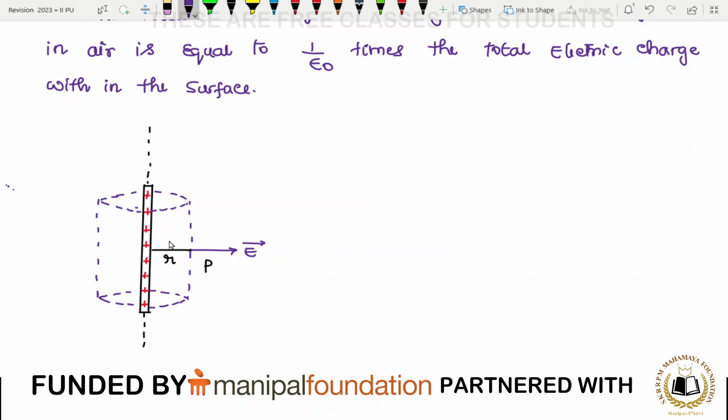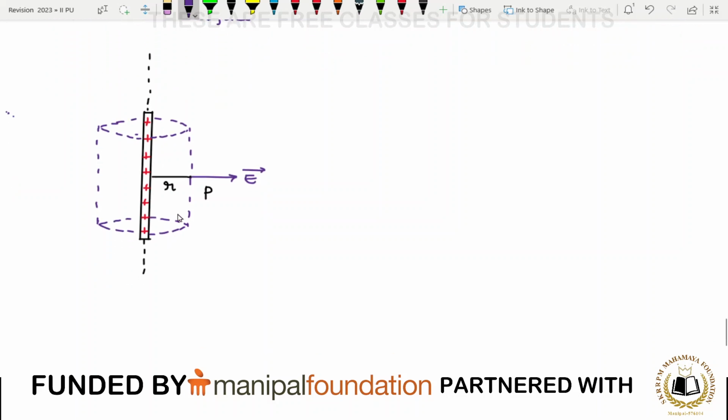Okay, this surface is known as the Gaussian surface. So what things are there? We'll just explain. This one is charge, this one is linear charge density. This wire, I'll use a different color here. This is linear charge density lambda, and the length of the wire I'll take as a small letter l, from here